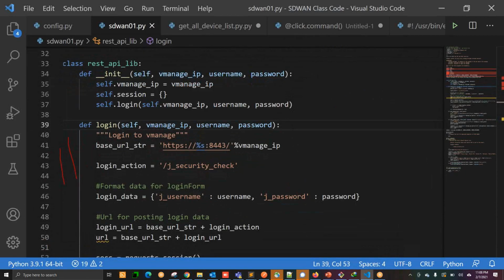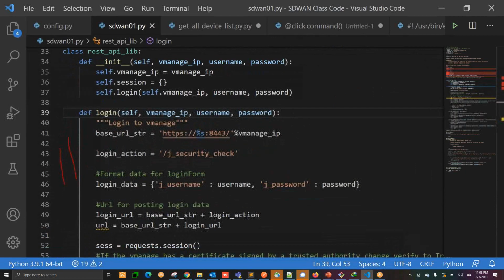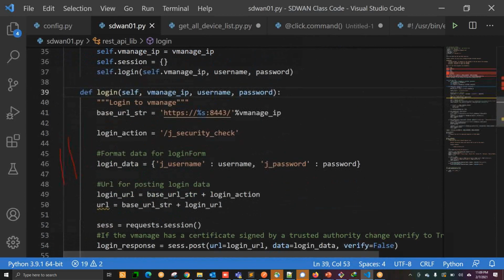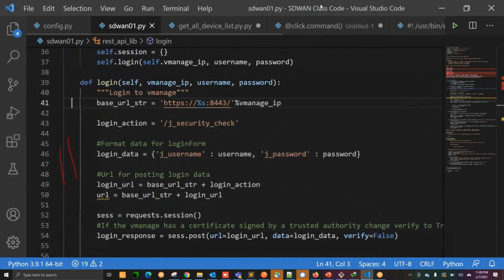Let me close this. So if I scroll down here, you can see the login. It's very important here to check the login. So you're logging to the HTTP. Let me highlight this. Use my pen. So you're logging to HTTP.